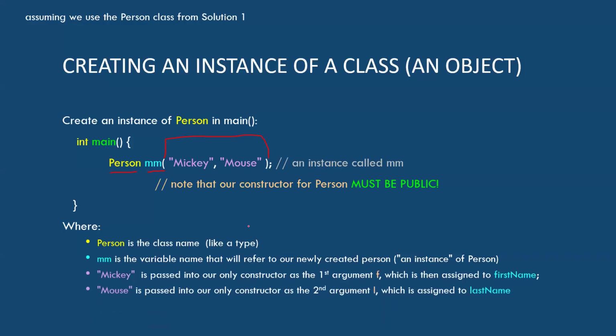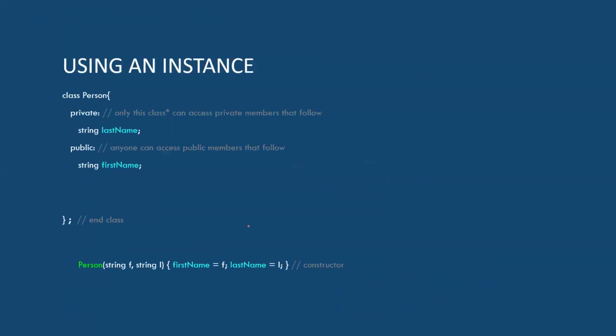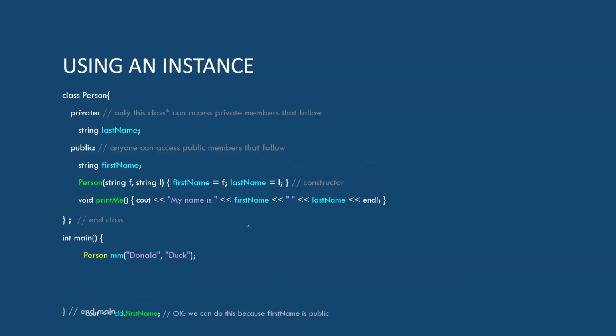So that's the pattern we're going to follow. And that's specifically because person needs two arguments, right? So we've got to do that, okay? Now, once we have our instance, so there's our instance again, right? We can use the dot because there are no pointers in that main code right there. You don't see a star, you don't see person star or a new or anything. You just see person, right? So that's a clue that you're going to be reaching into the box with the dot.